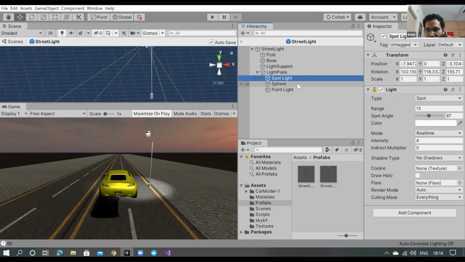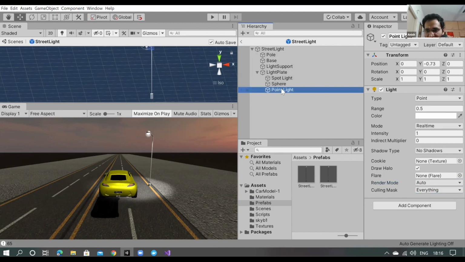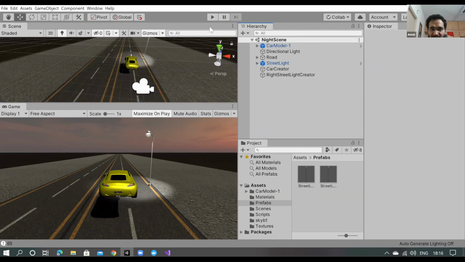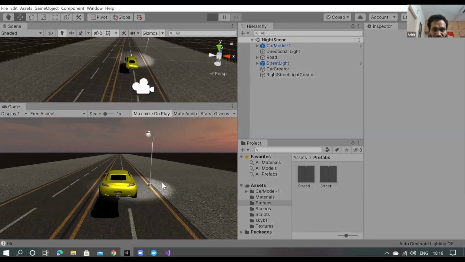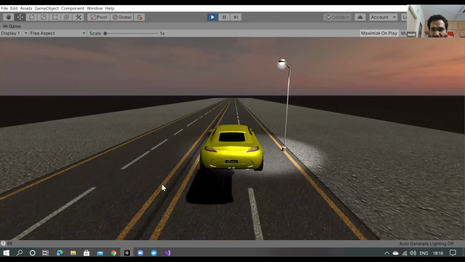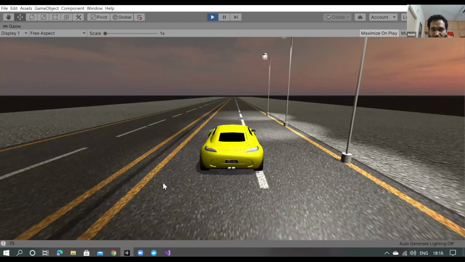So go to the light. I went to the prefab object by double clicking here, and in the rendering mode, make it important. In this point light also, I will make it important. That's it. Wherever I'm using a light and I have this confusion, I'll set the render mode to important. Now I save this, play again, and press the R button. Now you can see that the light is not going away. If I am getting new lights in the scene, the old light is not going away.